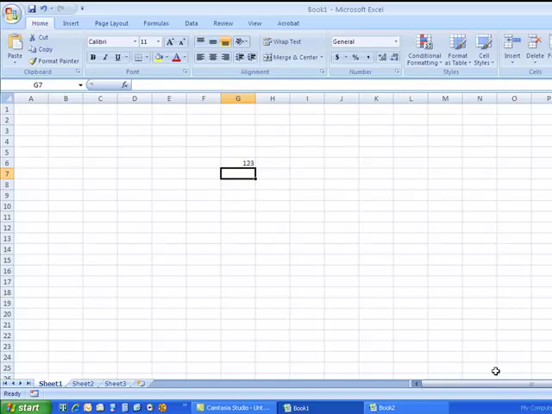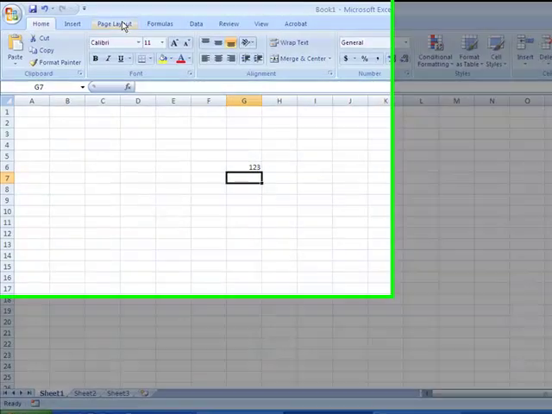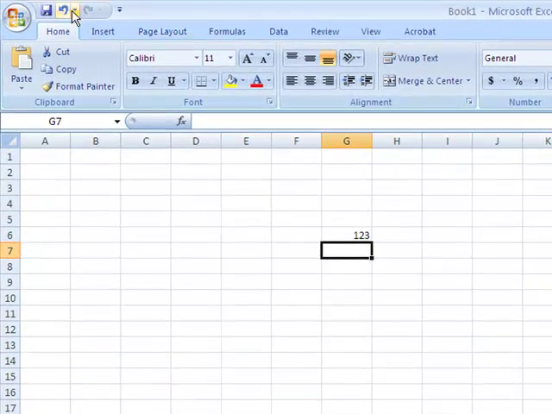So now let's talk about using the ribbon. The ribbon is this band at the top of your worksheet, and it contains functional tabs and replaces the menu system used in previous versions. The Home tab, which is our first tab here, contains most frequently used commands, while each of these following tabs